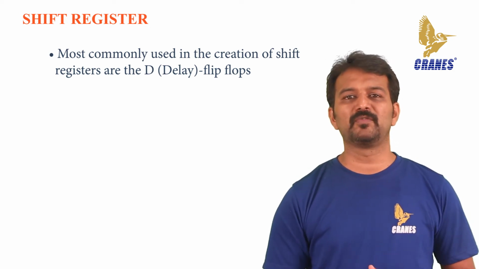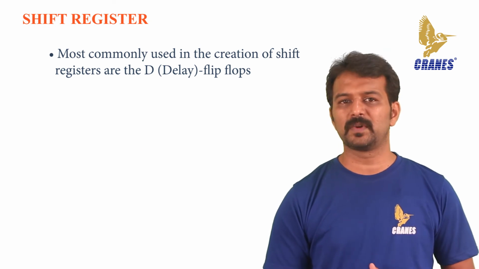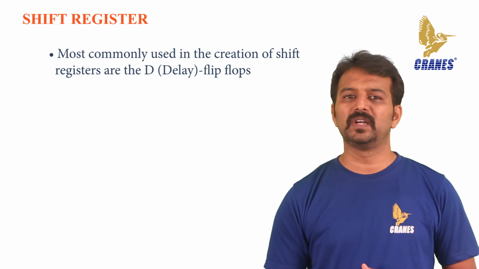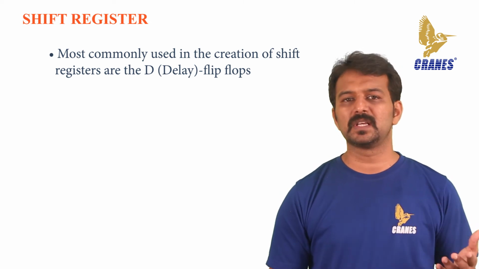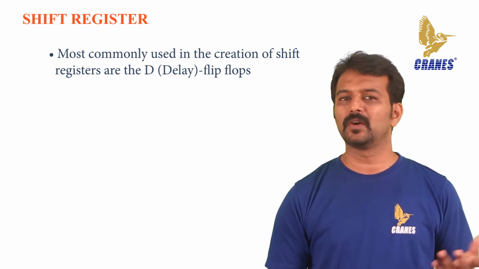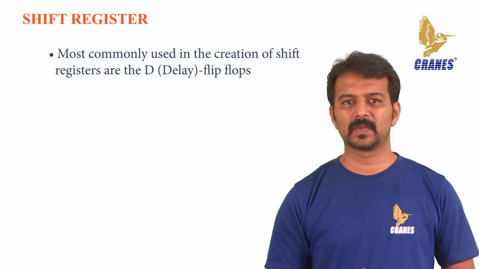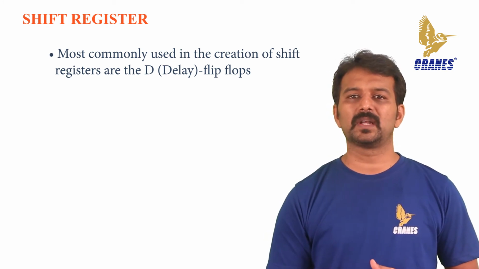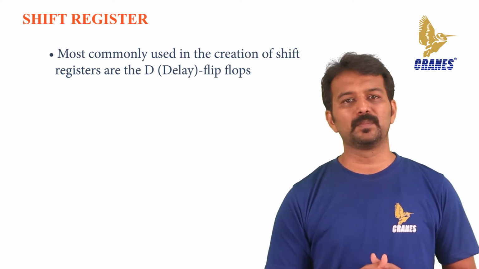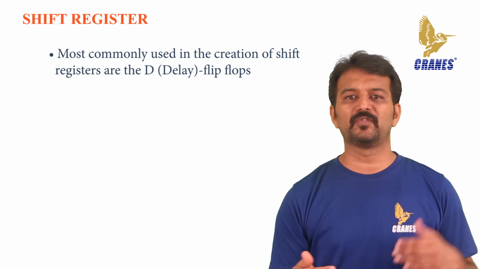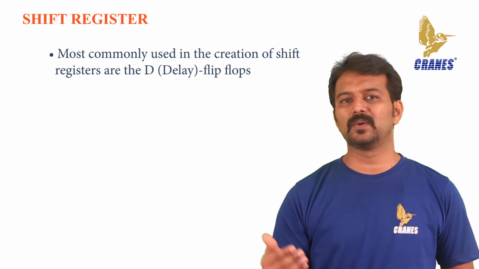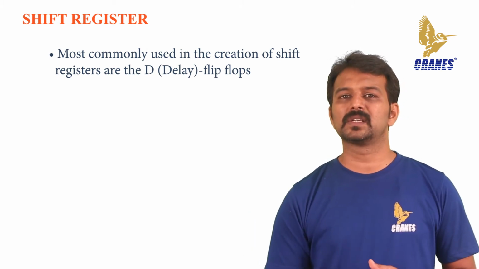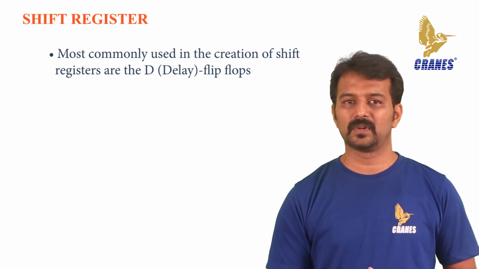For the operation of D flip-flops, which makes them so desirable for shift registers, whenever there is a change on the clock of a D flip-flop, it might be a rising edge or a falling edge depending on the specifications of the flip-flop, the data output Q becomes the same data as the one at the input D. The output Q of the flip-flop will stay at that value until the next clock cycle, where it will then change again to the value at the input.